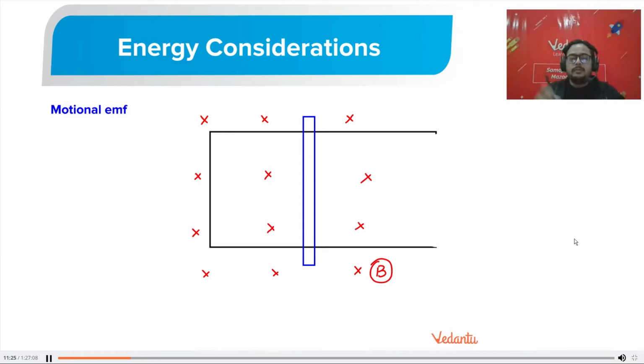Now there is a rod by the blue color. You can see there is a rod and it is moving. I have given it some velocity V and this rod is moving with some velocity V. So what is going to happen? Experimentally, it was observed that if you take 2 points on the rod, which are the ends, like if I call this point P and I call this point Q, then there was a potential difference between points P and Q. It was observed experimentally.